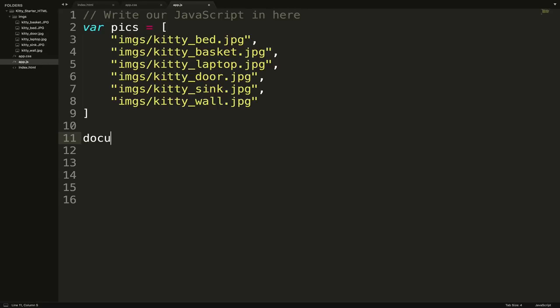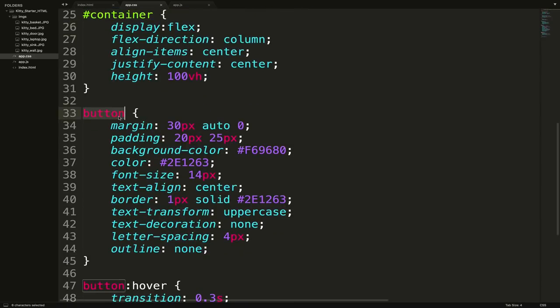It looks like this, document.querySelector, and then I'm going to pass in button. What this code will do is it's going to go search the HTML document and look for the first instance of button. I could also do query selector all, which will find all buttons, but we only have one, so it doesn't matter. Query selector button. And it's going to go find the button, kind of like what CSS does here,